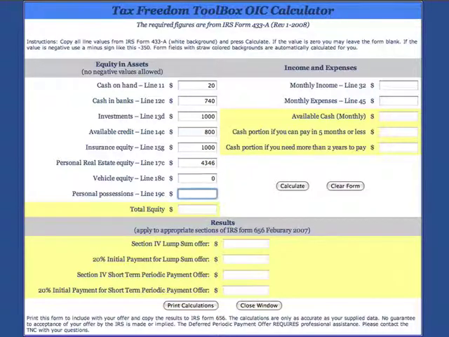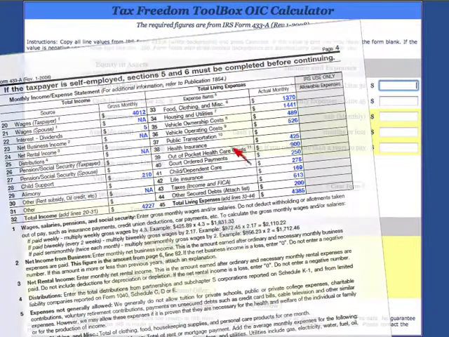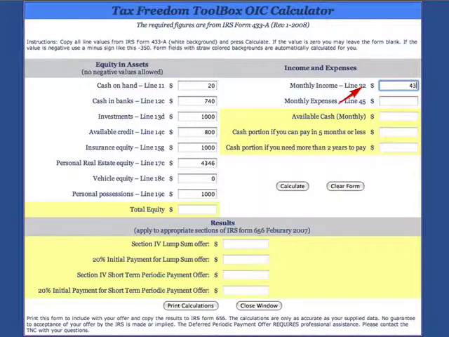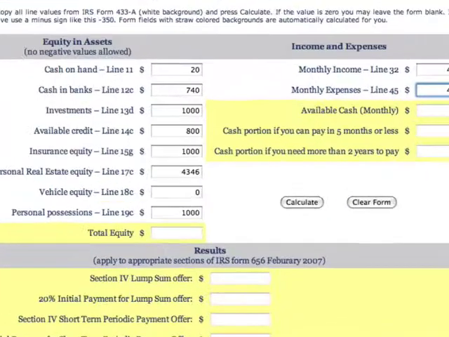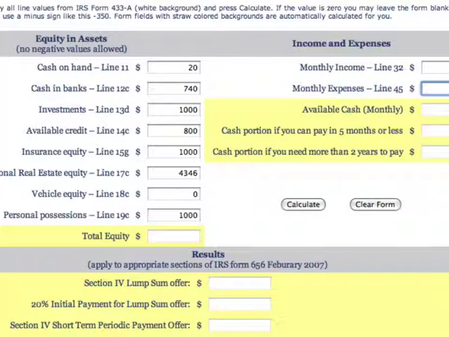Oh, I notice it didn't calculate my total equity, but it took me over to monthly income. Okay, page 4, line 32. That's easy. Line 45, enter that figure. That's going to be the total of your monthly expenses. It was all that hard work we did. Total, line 45 goes there. All right, so I put in all my figures. I press calculate or just hit the enter button. All the numbers have shown up here. Now what do I do?